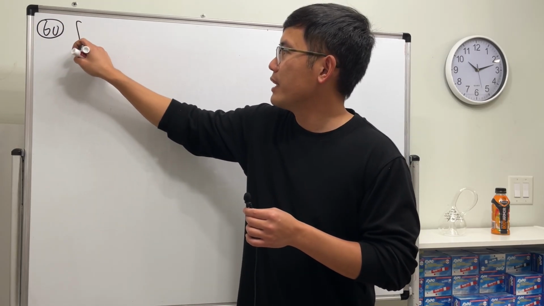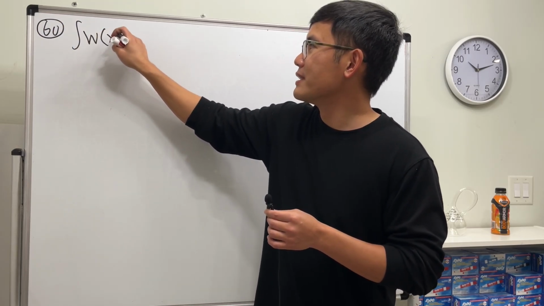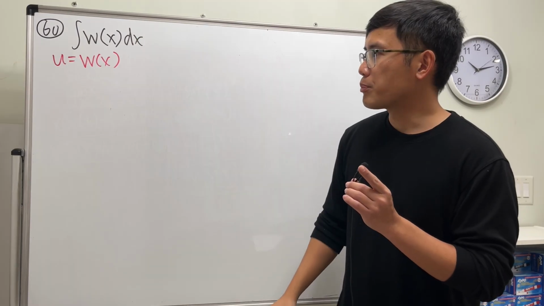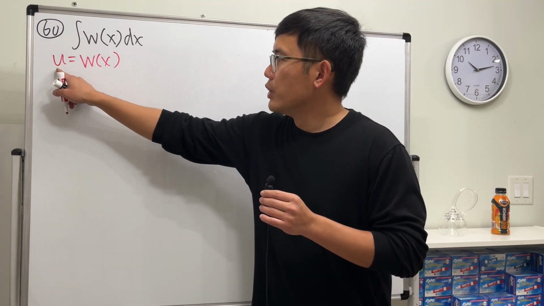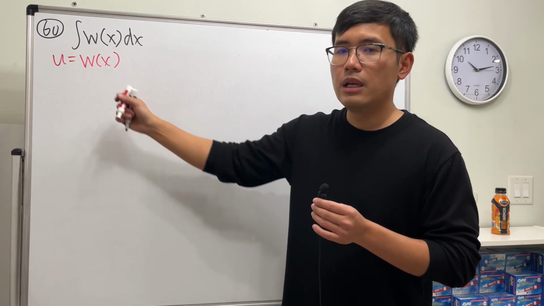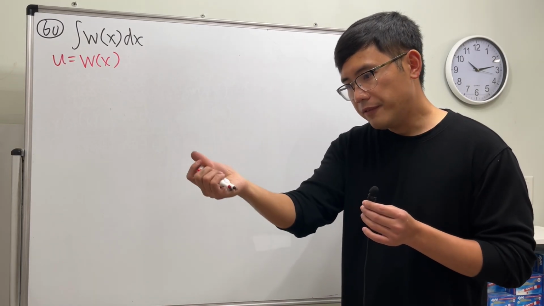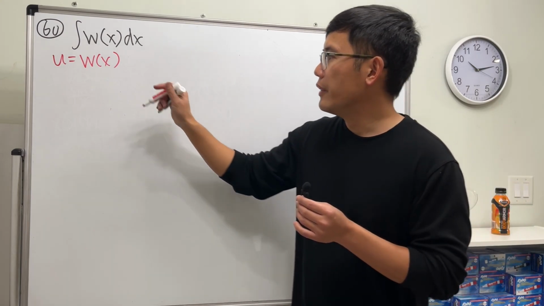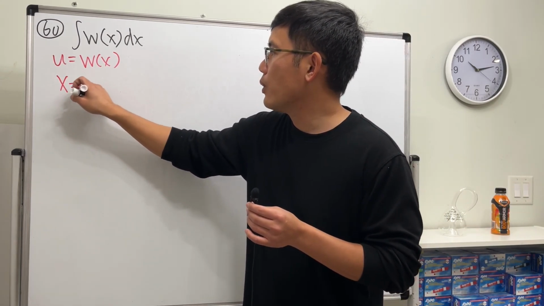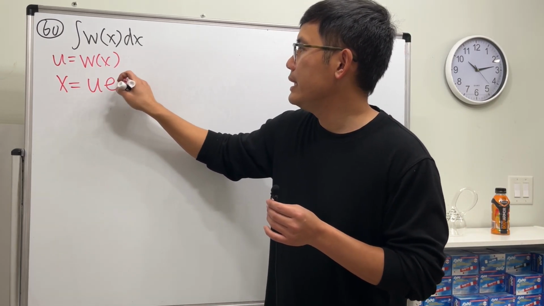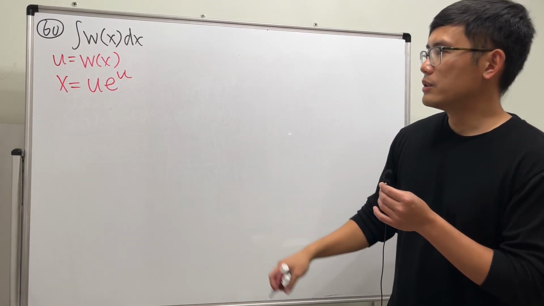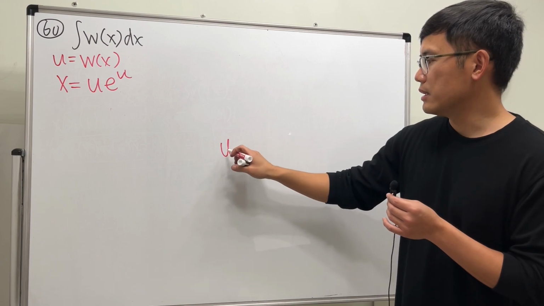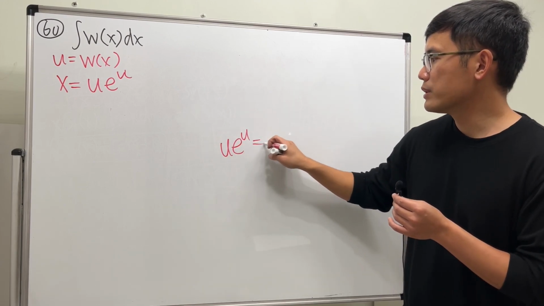This is a very nice function, the Lambert W function. Here's the property of the Lambert W function. Notice u equals W of x, right? If we apply the inverse Lambert W function, then we get x equals u e to the u. So that's the key. The idea is, if I have u e to the u equals x,